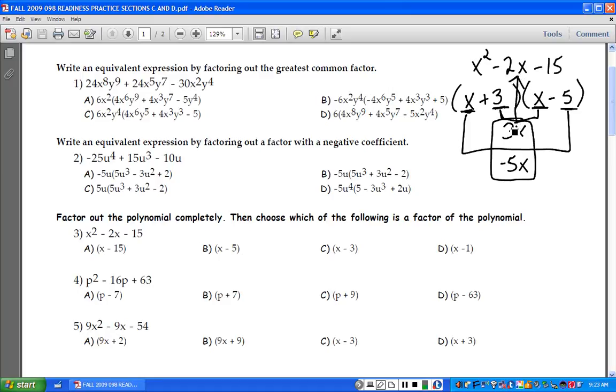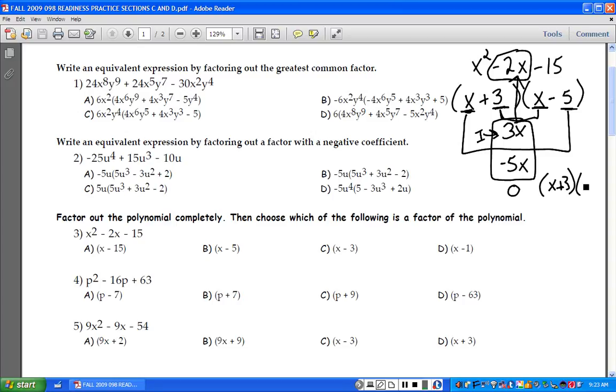So anytime our outside and our inside, when they're combined, they should give you the middle term. And if that happens, then you know you have the right factors. If you don't get that middle term, then you would not have the right factors. Okay, so we know that the correct factors would be x plus 3